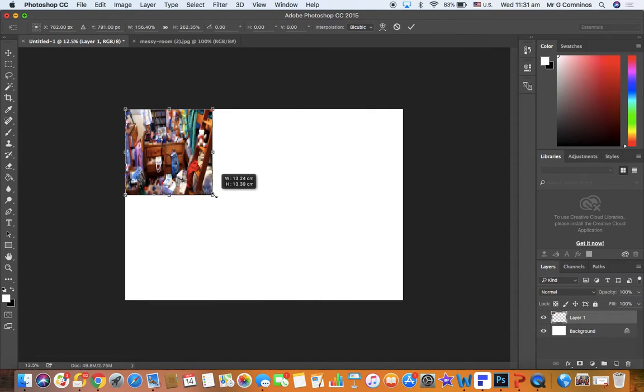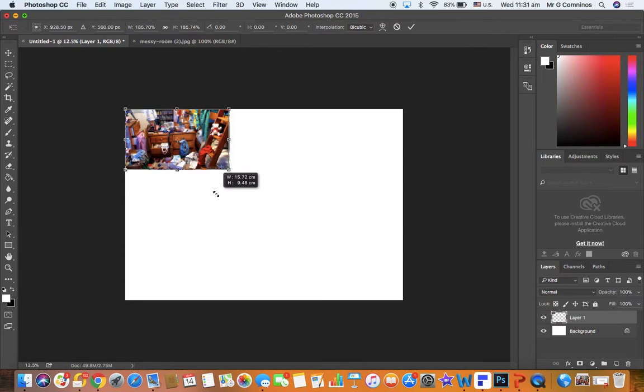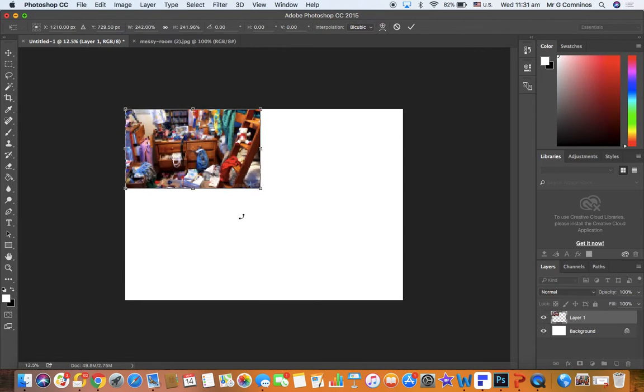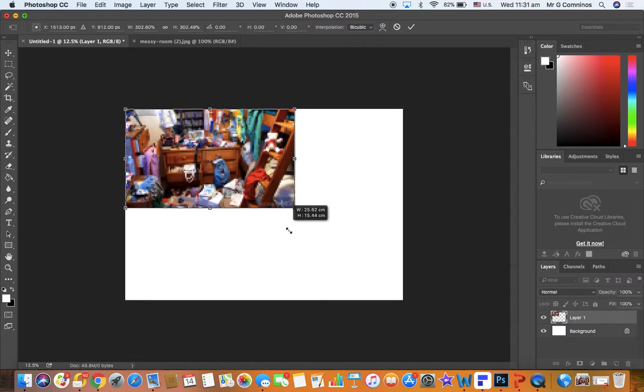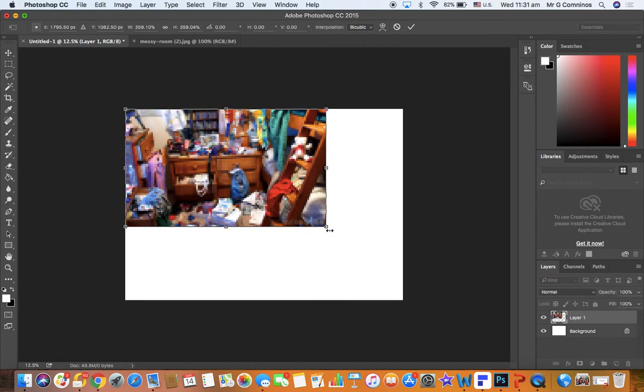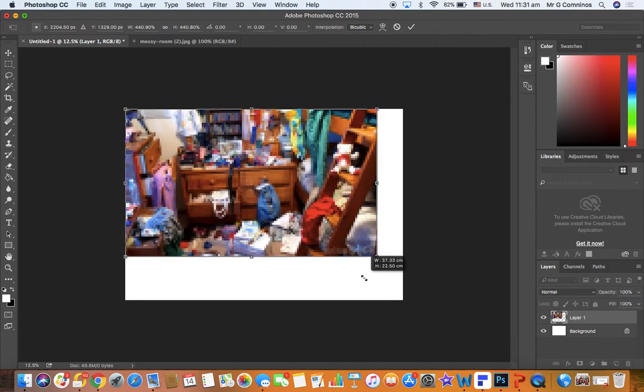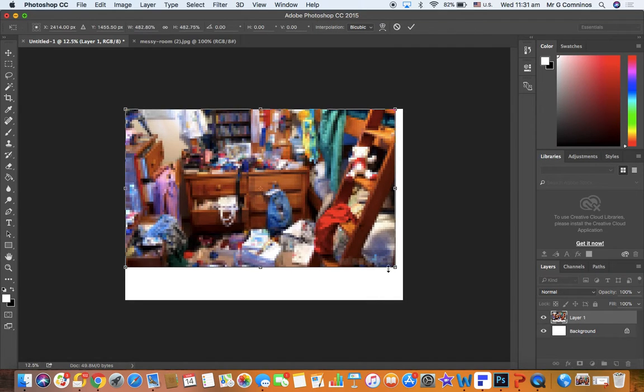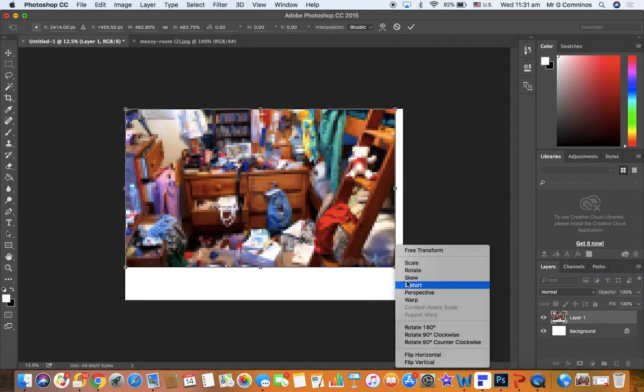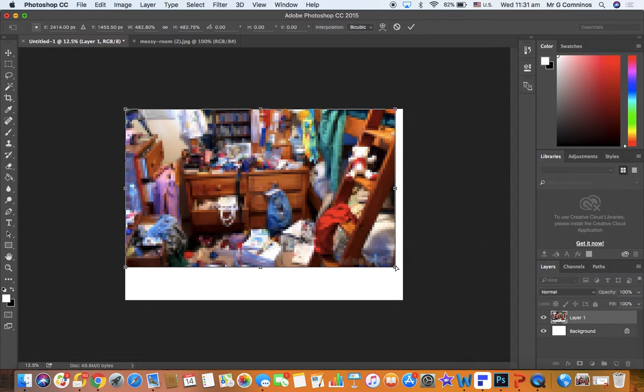I can change the proportions as well, which you might not want to do. But if you hold down the Shift key while you're dragging, it'll stay in proportion and you won't have to worry about ruining your proportion. Now, don't worry about the fact that it's pixelated. It does that when you're doing the free transform. Now, as you can see, if I wanted to keep this in proportion, I'm going to have an issue with,